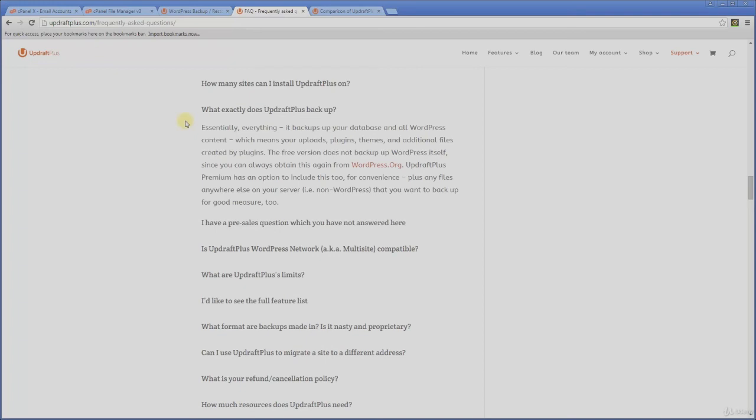So what does this mean? Well, if you want to stick with the free version and make this as economical as possible, then you'll just have to perform one or two additional steps. If you need to do a full restore of WordPress, then you'll need to get the core from wordpress.org, install a fresh WordPress website, then install the Updraft Plus free backup plugin and restore the latest backup that you took, and then restore the latest copy of your